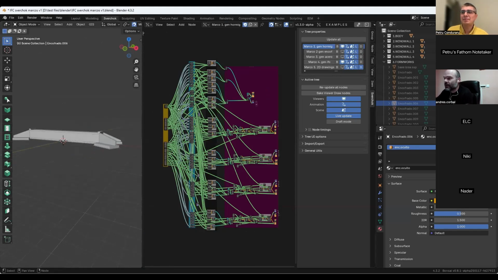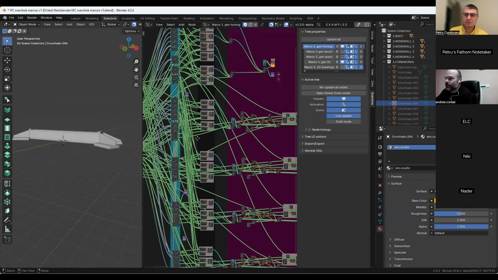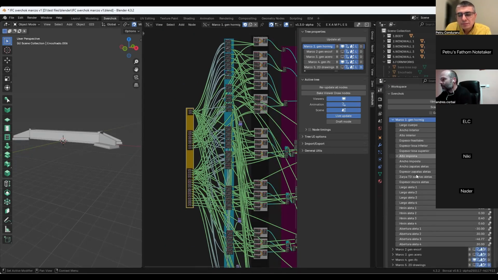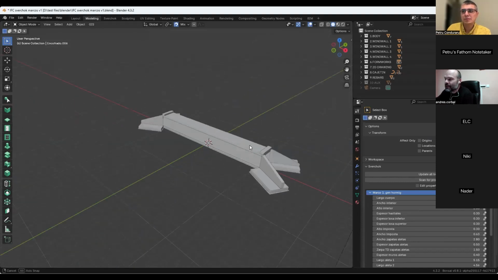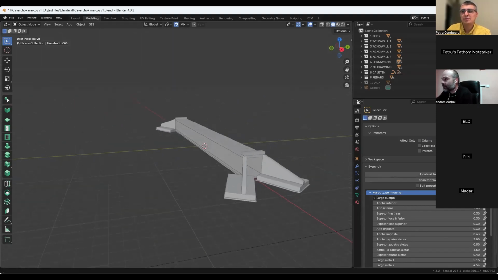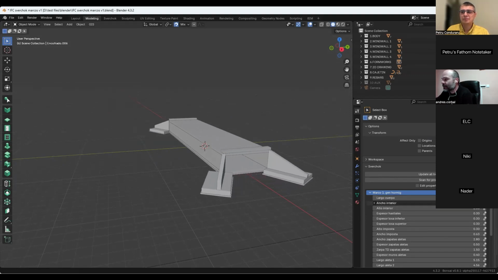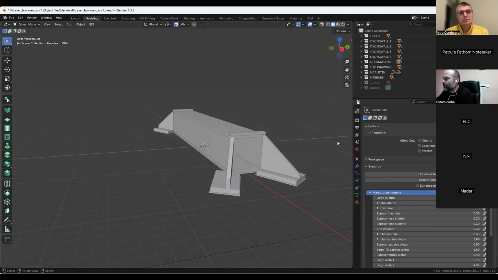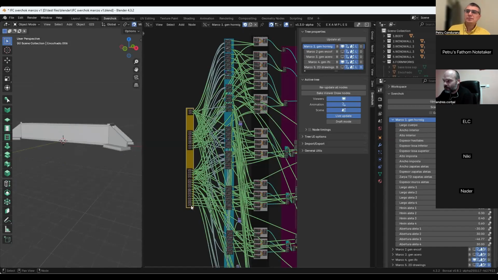What you can do in the tree, you have here the data that you input. You put it here, and there you can control the dimensions of the piece, all the parameters. Maybe here it's easy to see, and you can modify the length. You can modify this, and everything is connected because you have to use only these values.